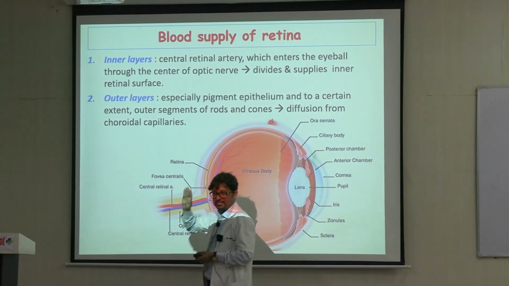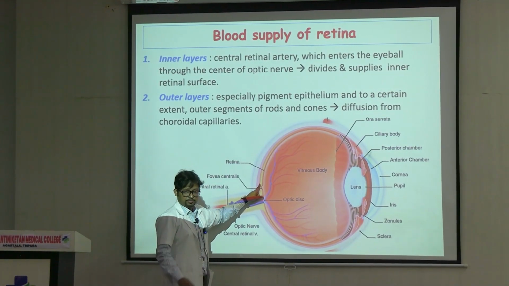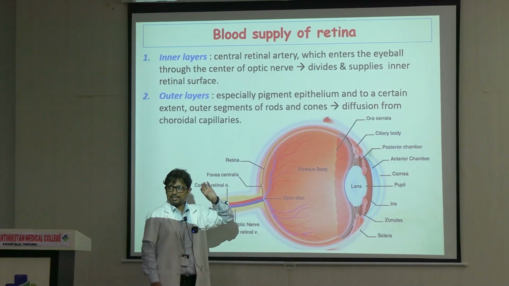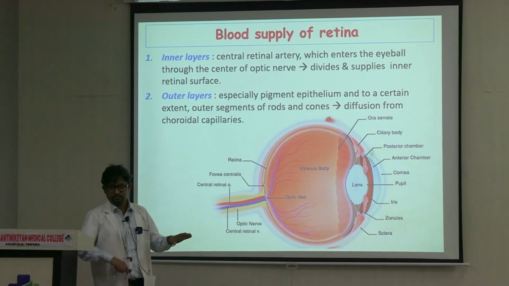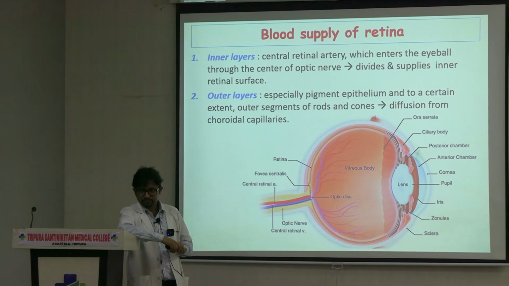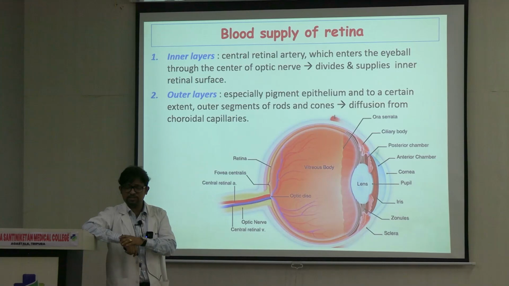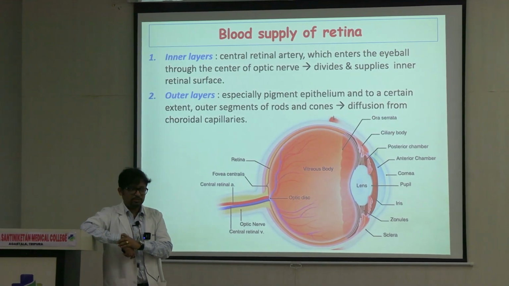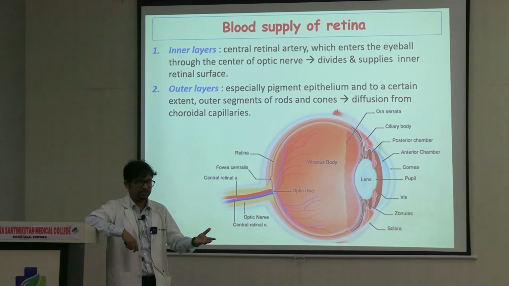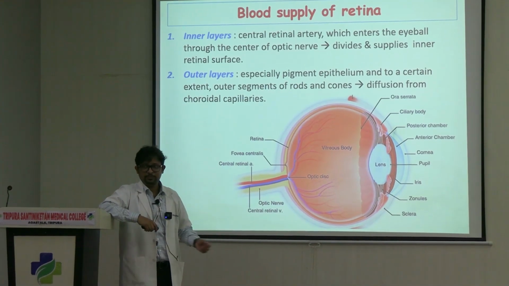पीछे से अगर आप देखो outermost layer is the pigment epithelium, जिसके साथ this layer is uveal tissue or choroid, vascular tissue. So this pigment epithelium gets its blood supply by diffusion from capillaries of the choroid or uvea. और बाकी के जितने 9 layers हैं, they get their nutrition or blood supply from the this blood vessels. So whenever retinal detachment, when it starts happening, you'll read about this disease later on also. So this is the plane of separation actually. So embryologically also you'll read about this. Development is different, right? Blood supply also आप देखो अलग है, right?